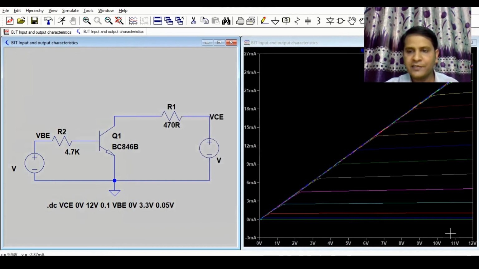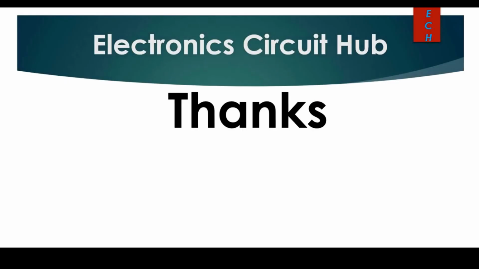In the x-axis VCE, in the y-axis IC. So this is the output characteristic, and this plot shows the output characteristic of your BJT. So hope you understand about the input characteristic of bipolar junction transistor and the output characteristic of